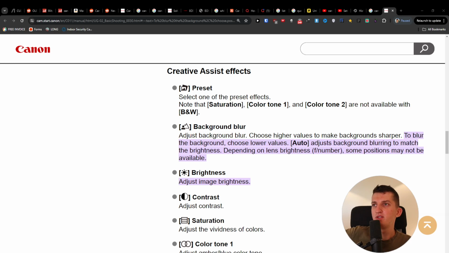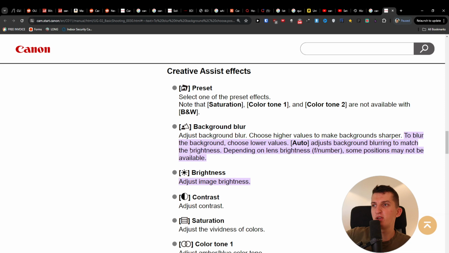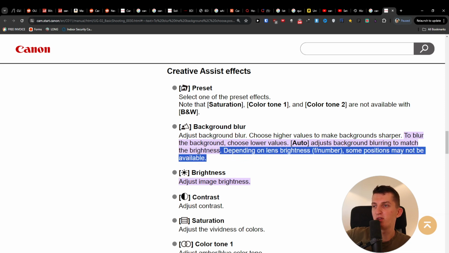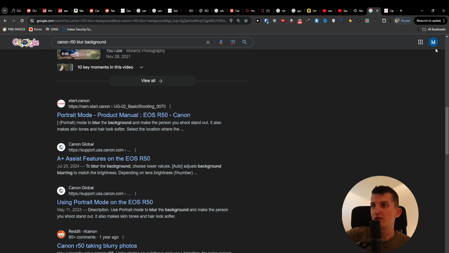Hey guys, so I found this creative asset effect. Choose higher values to make the background sharper. To blur the background, choose lower values, or you can have auto. Adjust background blurring to match the brightness. Depending on lens, brightness, and f-number, some positions may not be available. So this is something I found regarding the background blur on Google for You, and